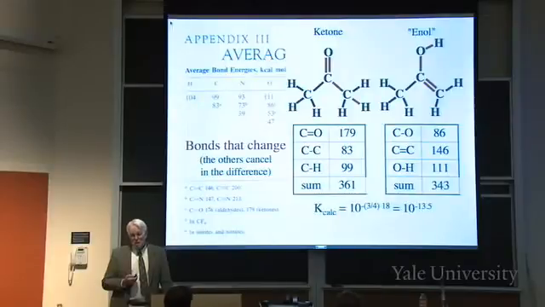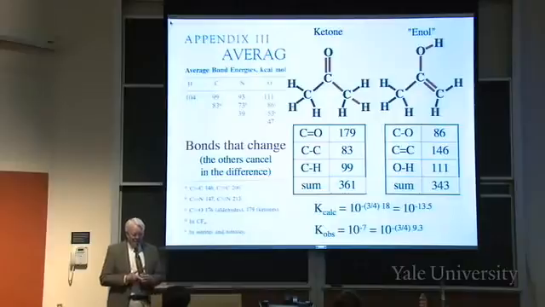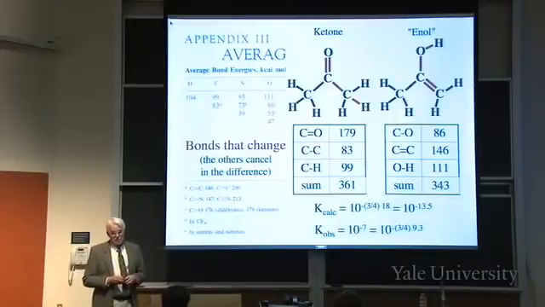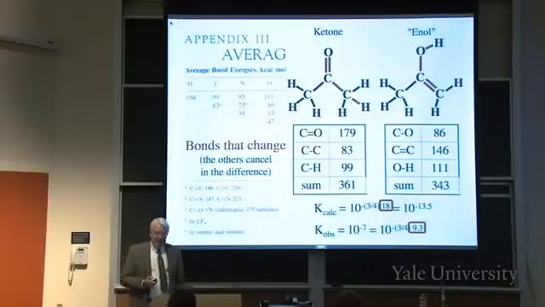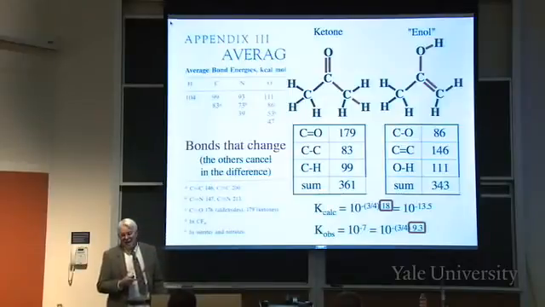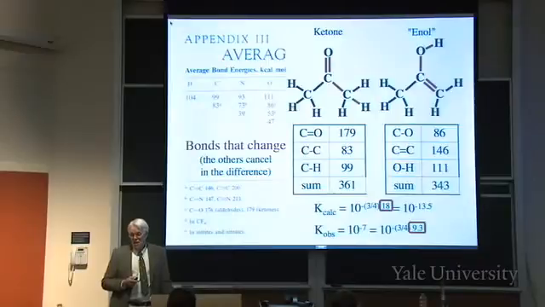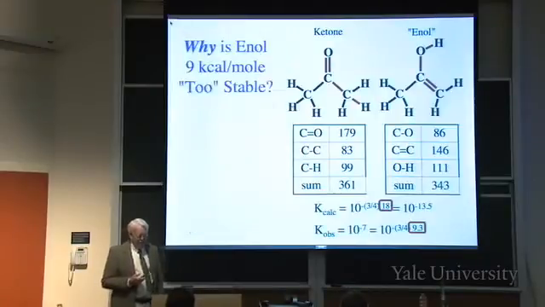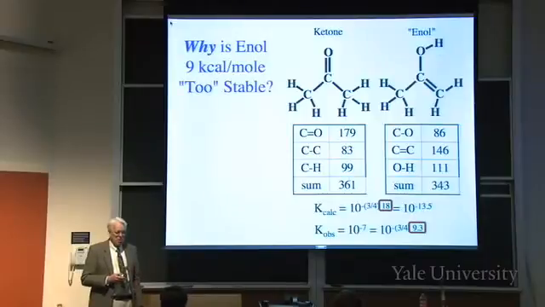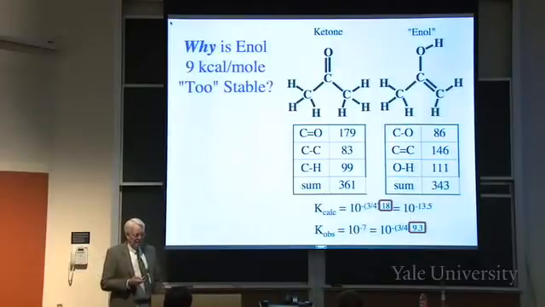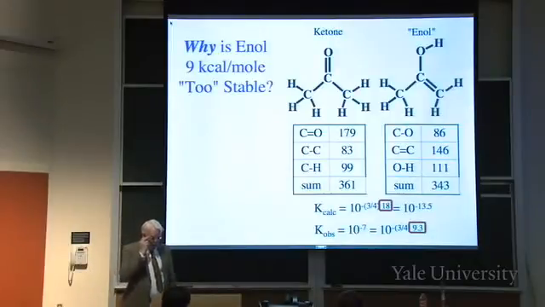However, if you do it experimentally, you find that the equilibrium constant is only 10 to the 7th, not 10 to the 14th, right? So the true energy difference is 9.3 kilocalories, not the 18 that we got by adding bonds together, right? So that means we're going to have to deal with addressing why the enol is too stable. It's 9 kilocalories per mole too stable compared to our predictions on the basis of adding bonds together. Now why? Well, one thing is that